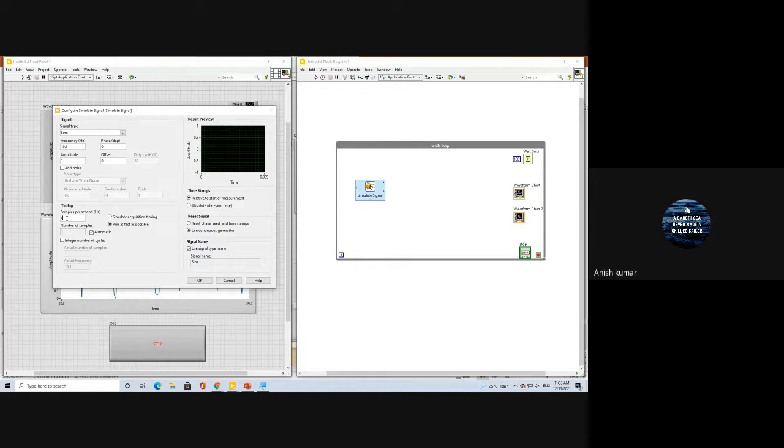So if you give at least two times, that means 20.2. Now this is satisfying your Nyquist theorem. But see, it is not reconstructing the original signal. So that's why in Nyquist theorem, it must be equal to two times or greater than two times. So if you say greater than two times,